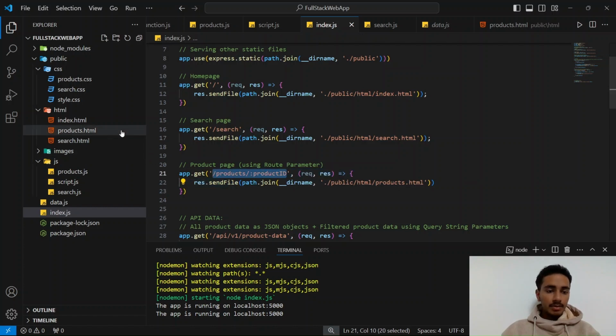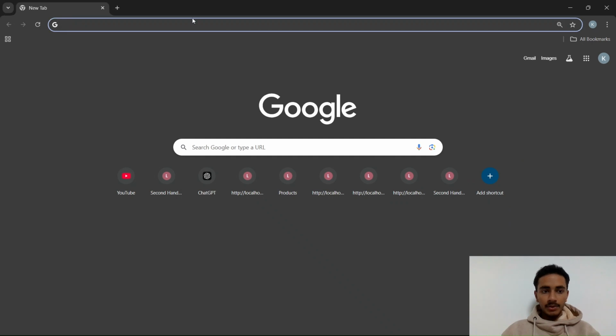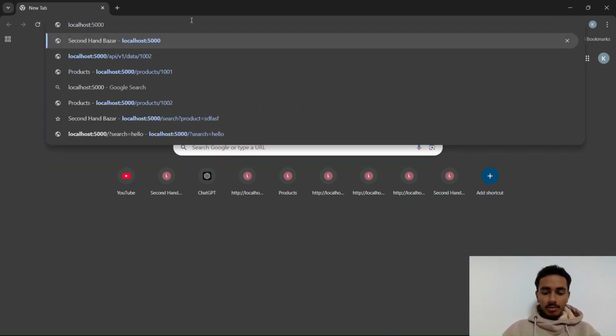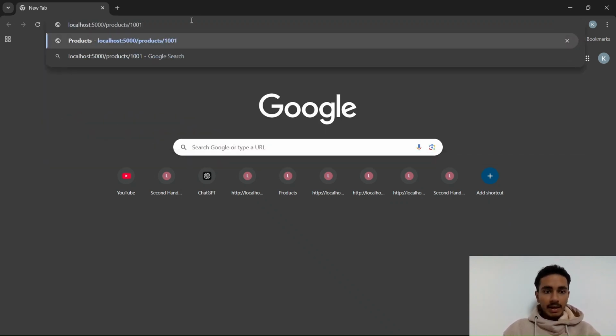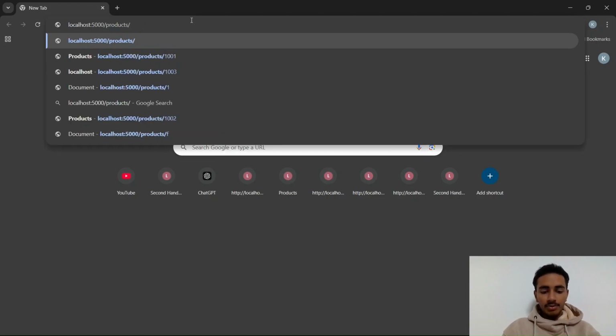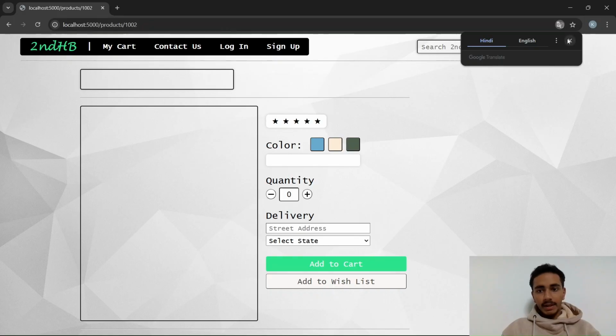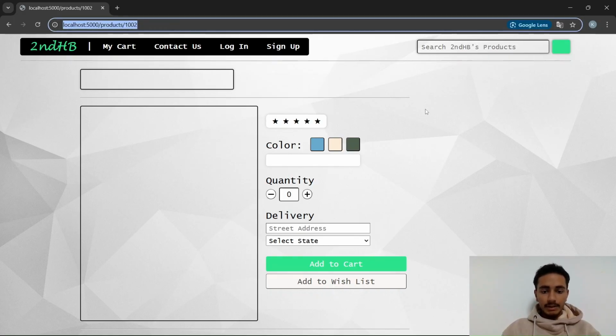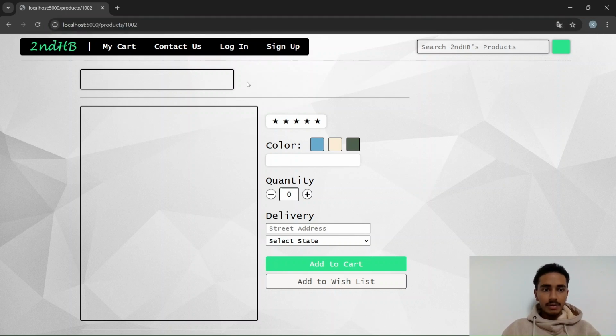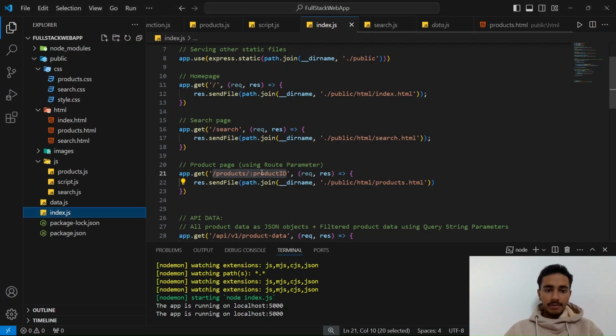Okay, so if I have to view it, whenever I go to localhost 5000 products and go to any route, we are going to receive the static HTML file. So this is the basic layout of the file. And now when we view the JavaScript for it,